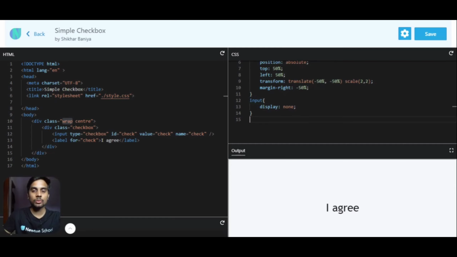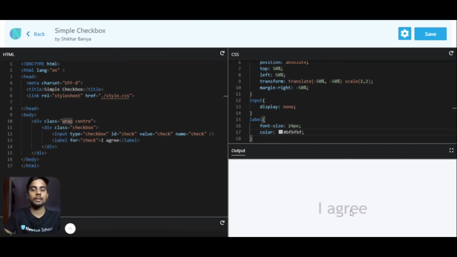Okay, so let's target the label first. So in label, I want the font size to be 24 pixel. Let's change the color to hash BF.